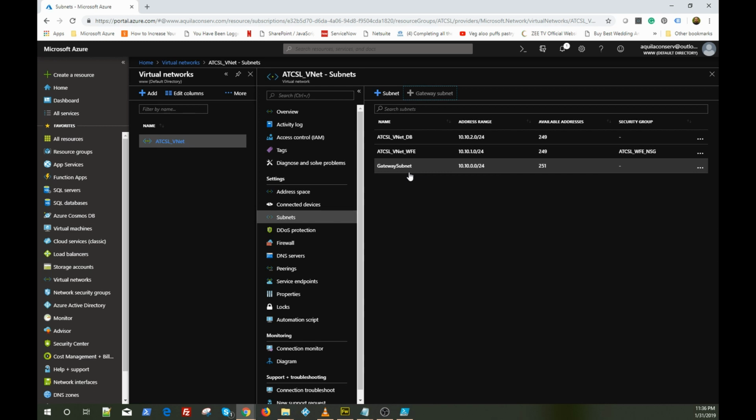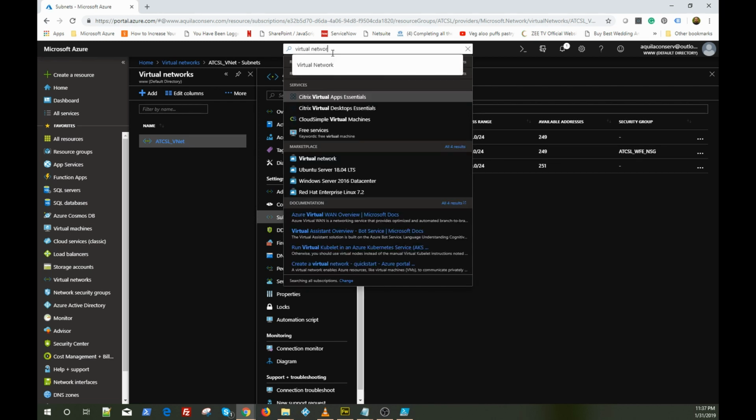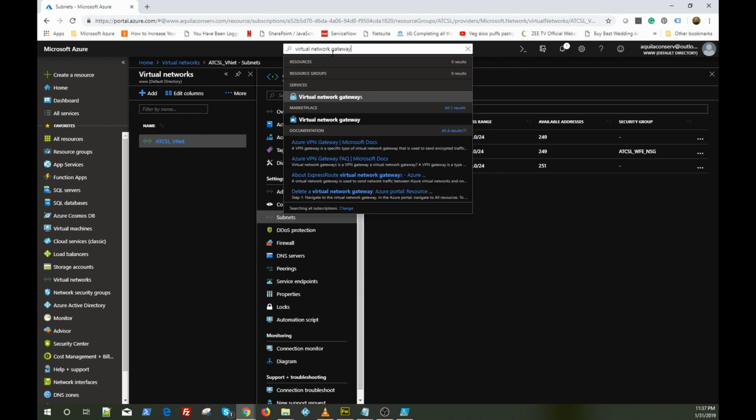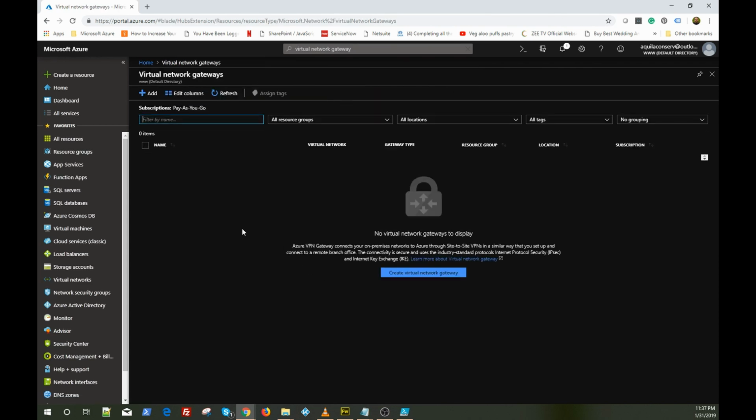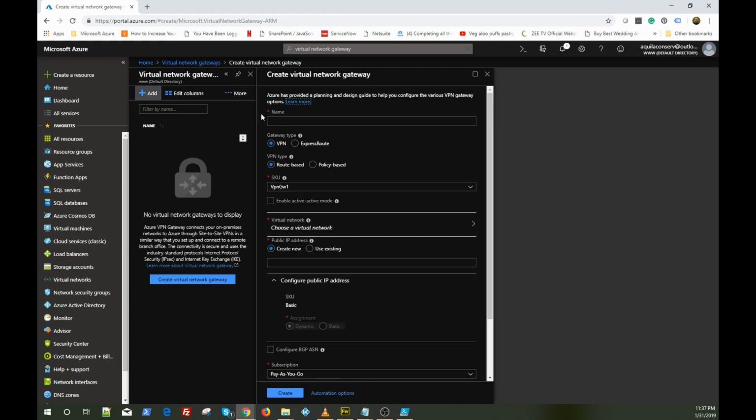So once the gateway subnet is ready, the next step is to create the virtual network gateway. For creating the virtual network gateway, I will type in virtual network gateway, and it will give us a few options. So the first option here is virtual network gateways. We'll click on it. For now, we see that there is nothing. We don't have the virtual network gateway created. So we'll just click on add here, or the other option is to click on the create virtual network gateway button. So we'll click on the plus sign here, and it will give me options to create the